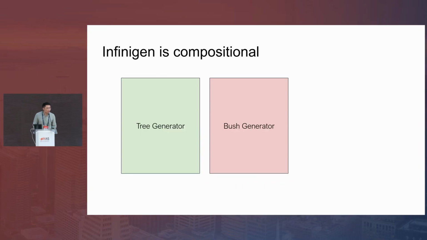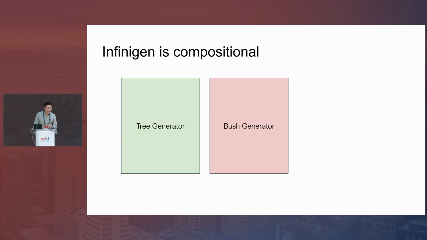So one important property of InfiniGen is that it's compositional, because based on my current description, you might think that it's a huge manual effort that will never end, because we have to manually develop generators for each kind of object, and this might take forever. However, this is not exactly the case because the system is actually very compositional. You might think that if we want to develop two generators, these are completely separate lines of work, but they're not.